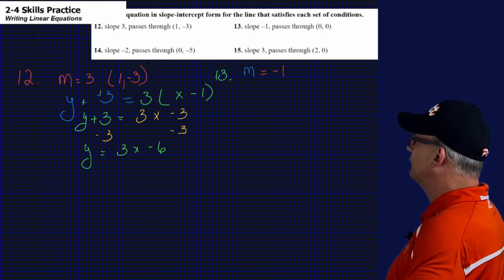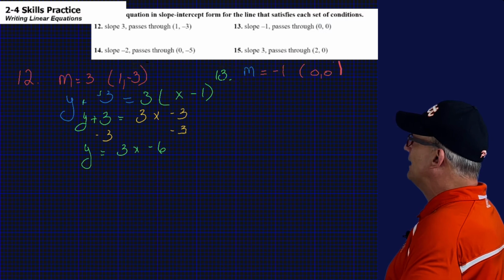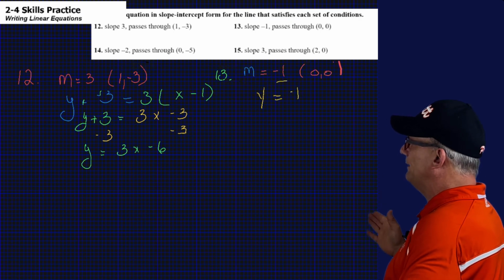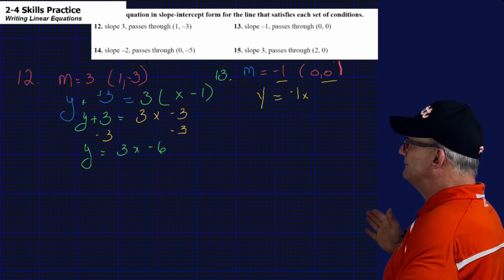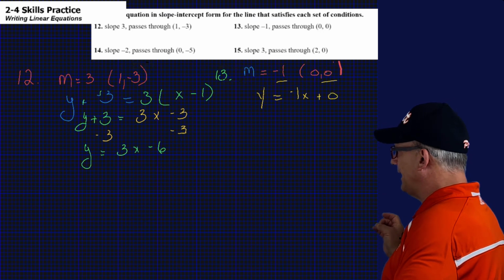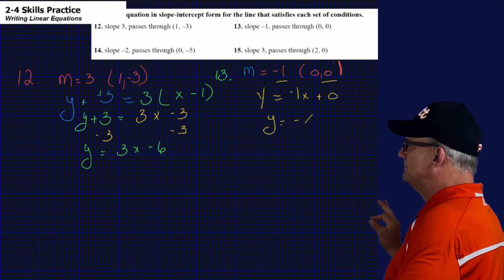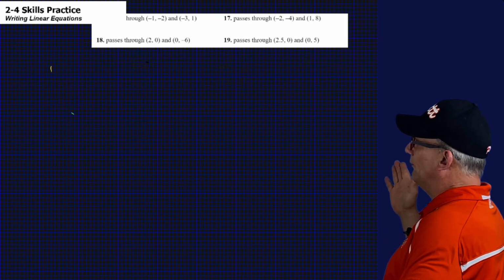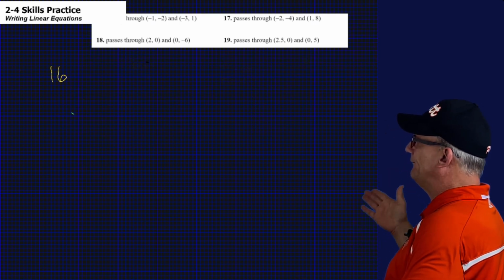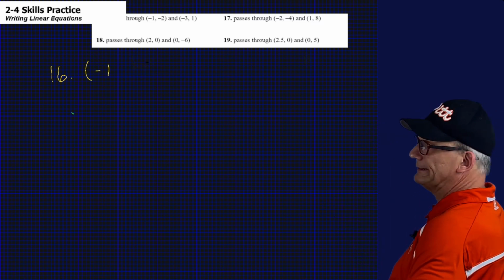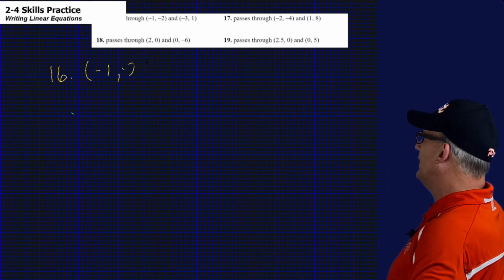13. A slope of negative 1 passes through 0, 0. Okay, so here we go. Now, here's the deal. So you got y equals negative 1 x, right? The intercept is 0. So what do we do? We put a dot at 0, right? We go down 1 and over 1. But the equation is y equals negative x. There's the answers to